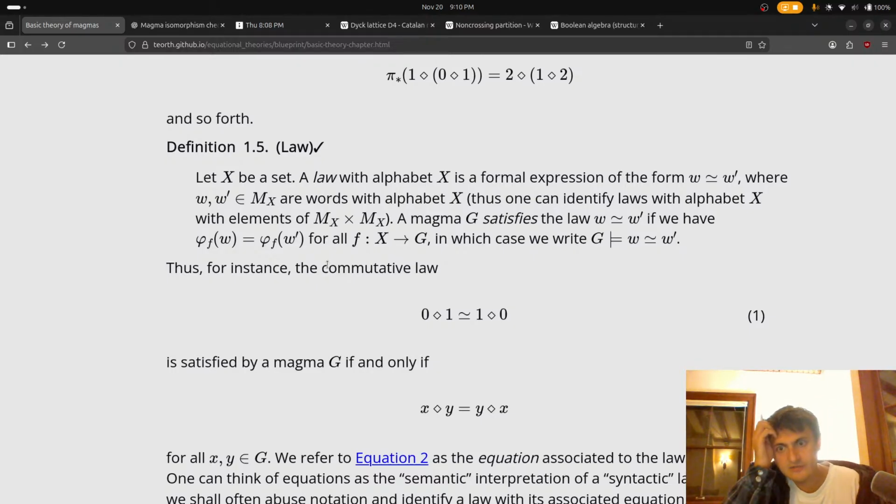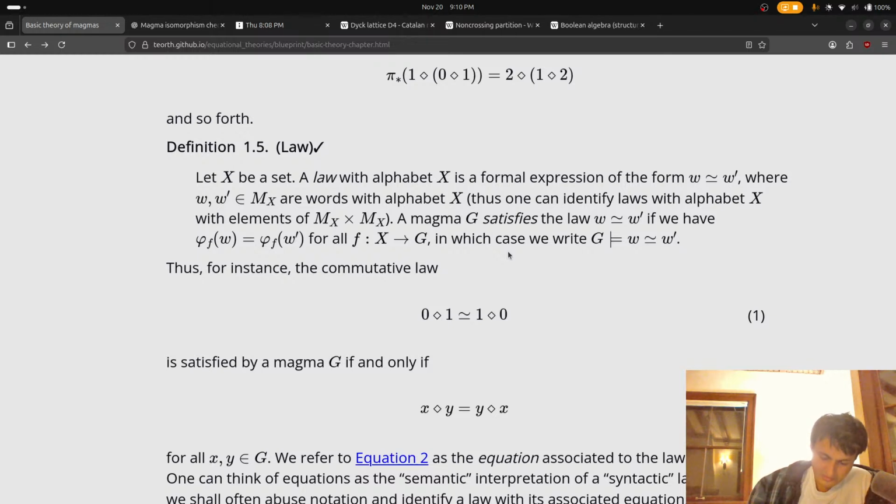Thus, one can identify laws with alphabet X with pairs in M_X cross M_X. Okay, that's fine. A magma G satisfies the law.